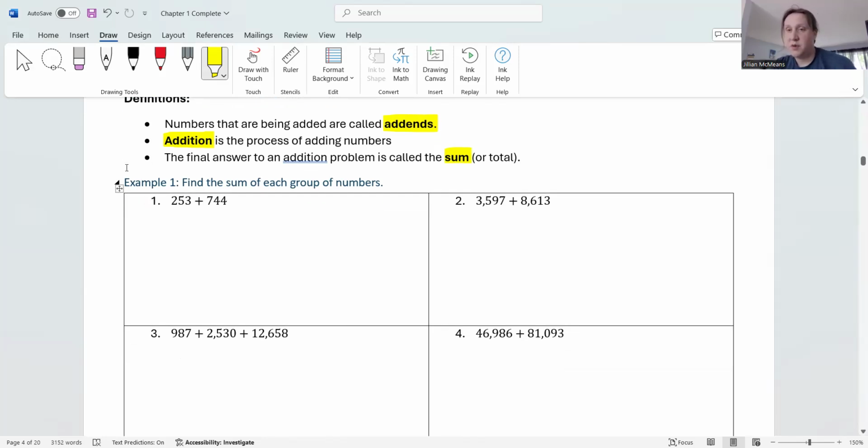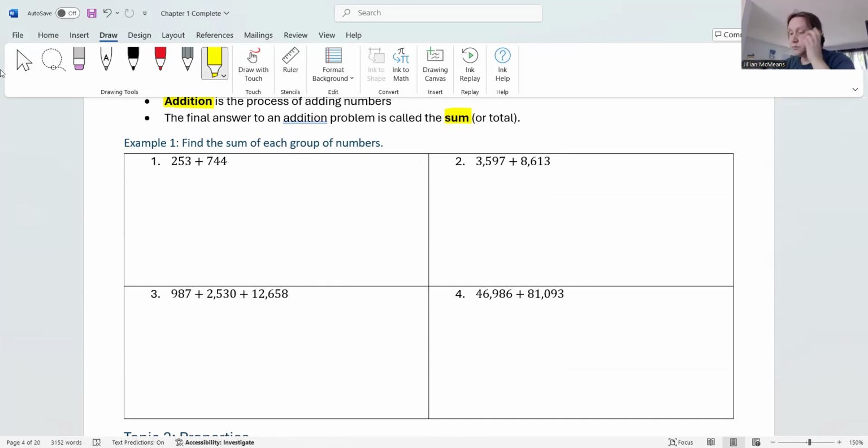So it says, find the sum of each group of numbers. Okay, so I have 253 plus 744. It is generally easier for people if we add vertically. So what we'll do is rewrite these numbers vertically, one on top of the other. So I have 253, you can hear my dog barking. We have 253 plus, make sure you put your plus sign,